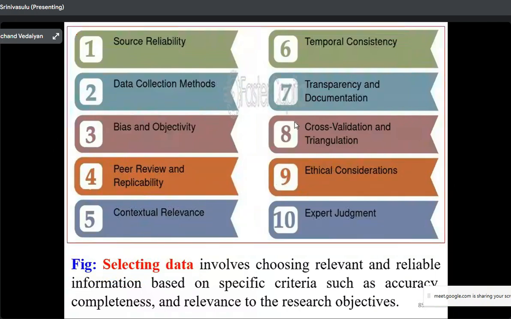So that's why we are using 10 selection methods like source reliability, data collection methods, bias and objectivity, peer review and replicability, contextual relevance, temporal consistency, transparency and documentation, cross validation and triangulation, ethical considerations, expert judgment. So it involves choosing relevant and reliable information based on specific criteria such as accuracy, completeness, and relevance to the